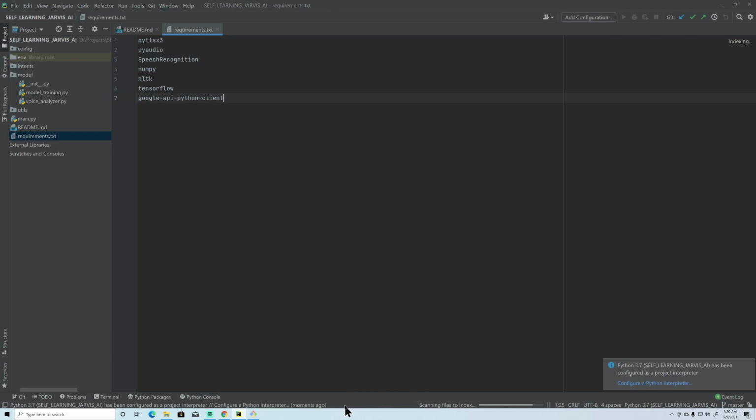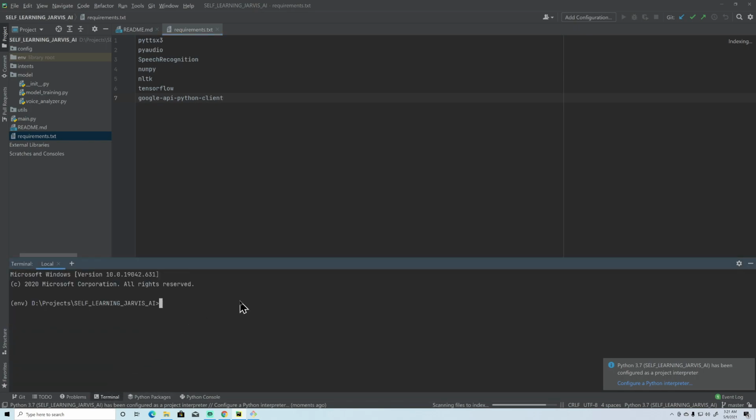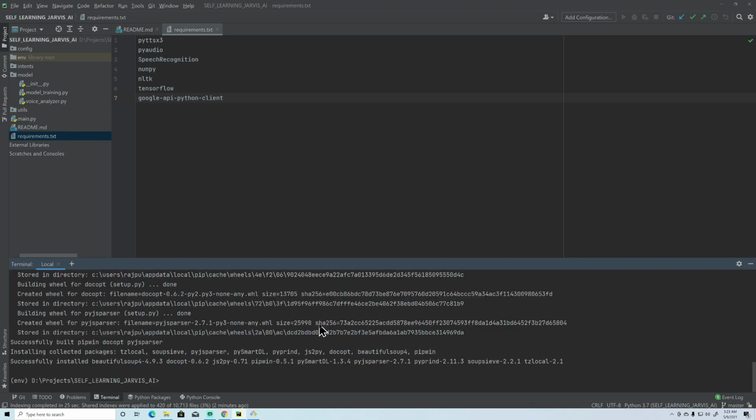What you need to do is go to your terminal, and here hit pip install pipwin and hit enter. When it gets installed, by using this pipwin utility, you need to install PyAudio, right? So let it run. Yes, pipwin is installed.